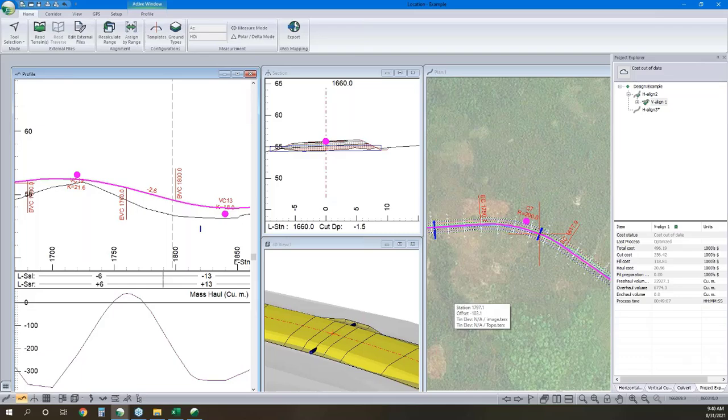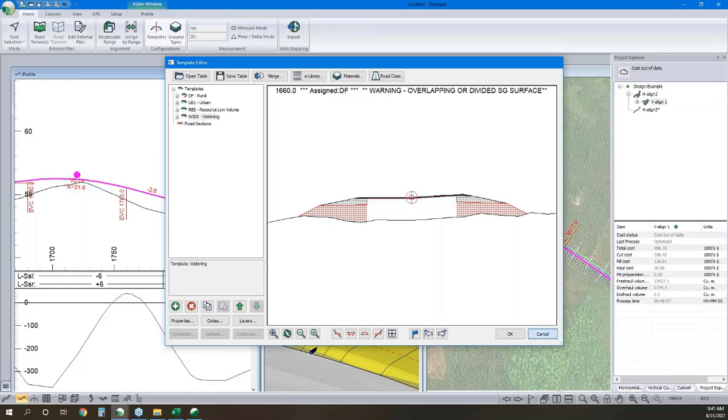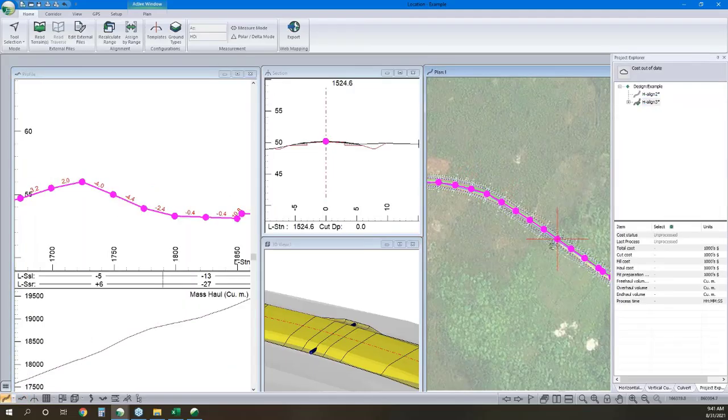Next question, does the software handle road widening or road widenings? Yes, it does. So I briefly mentioned that we can add in different components that do different things. So here I've added in a widening component. Now with this one, and I've already done it, rather than